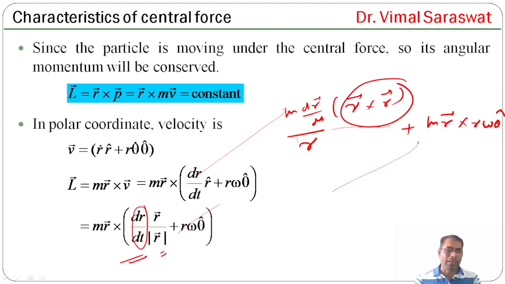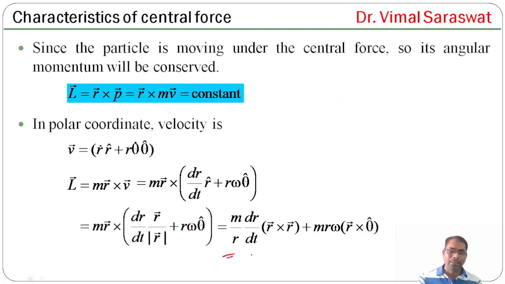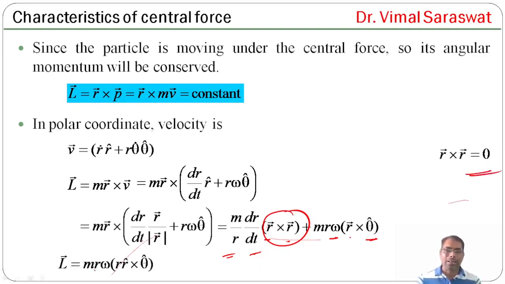So here we have only m r cross r omega theta cap, that is m r omega r cross theta cap. So L equals m r omega into r cap cross theta cap, because this vector r is actually r into r cap,